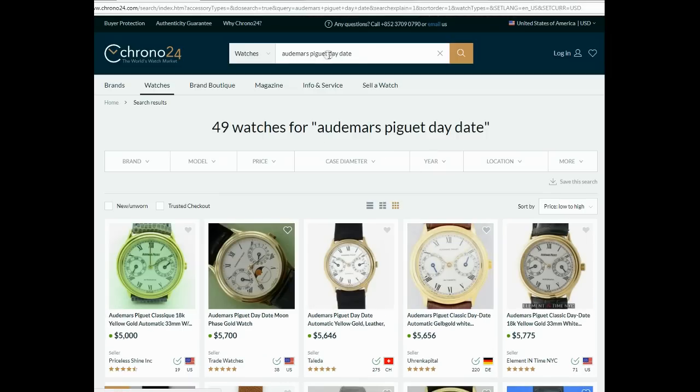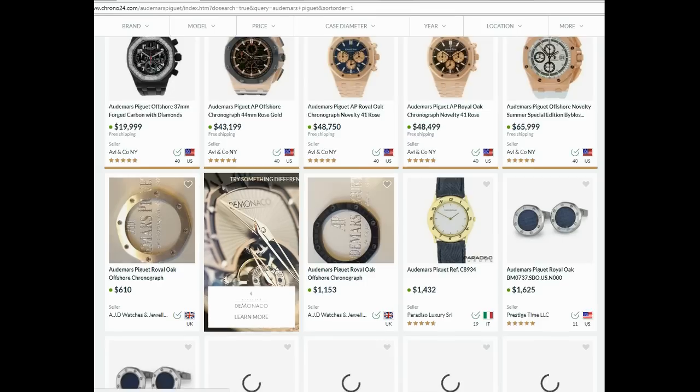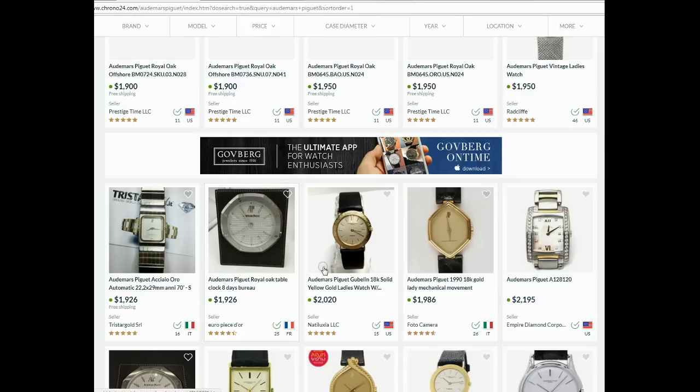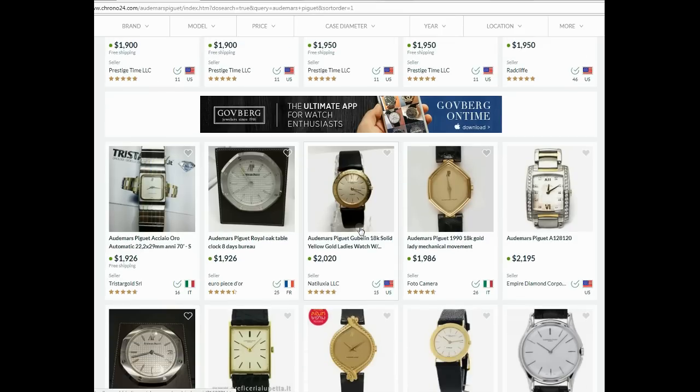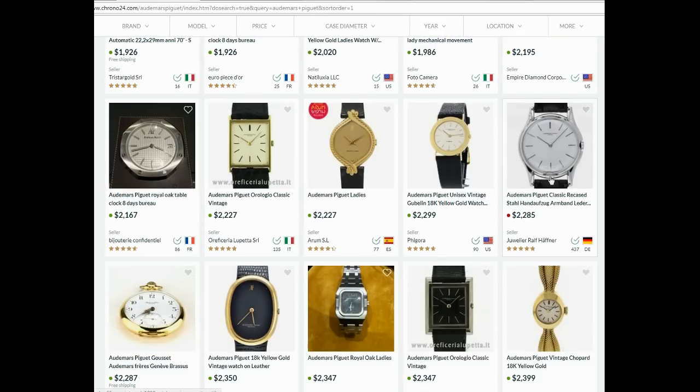The other interesting thing is, if we really want the cheapest AP watch, if we just search Audemars Piguet, the cheapest AP, let's see what we get coming up here. Search by price, low to high. Much cheaper would be the manual wind type pieces. Look at this here. These are manual wind type pieces, which are very, very, how would you put this? Here we go. Here's a square one, $2,000. This is similar to the one I had,